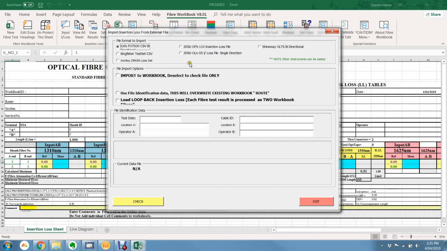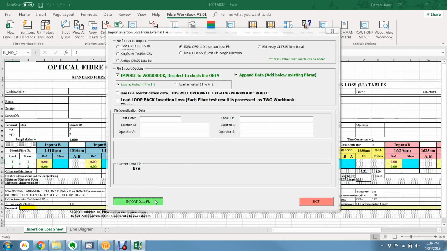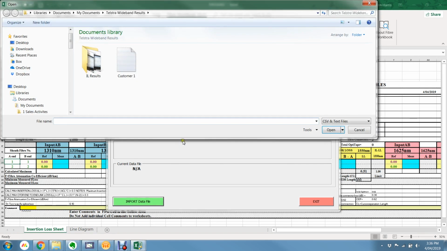Now you'll find some further instruments and software options to choose from. For this purpose, we select the JDSU OFS 110 insertion loss file. Tick the Import to Workbook and Append Data, and then select the Import Data file. Now we select the file where we saved the 72 fibre insertion loss test results from earlier by using the